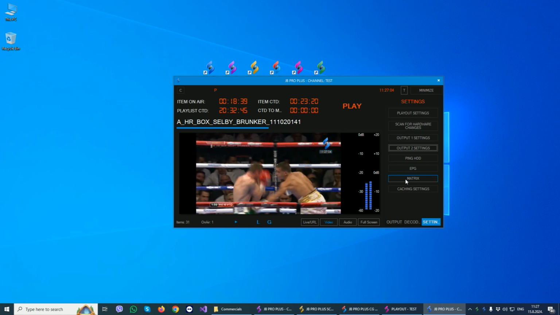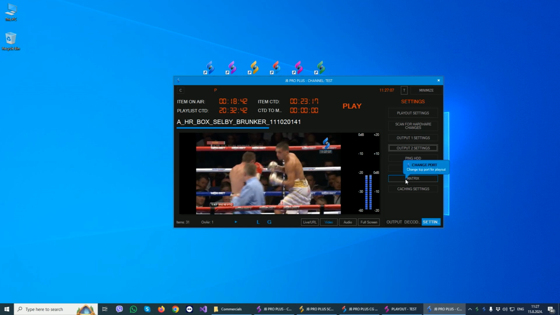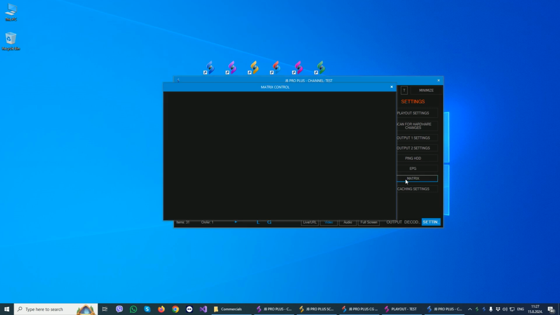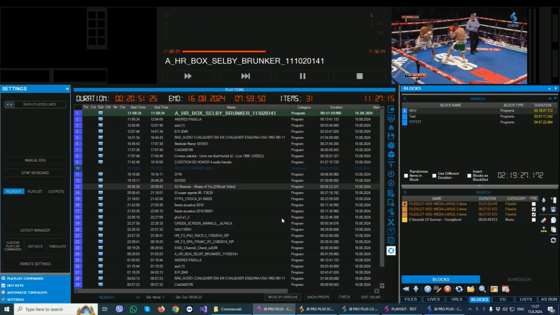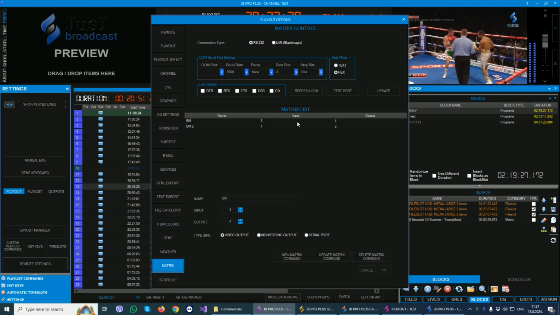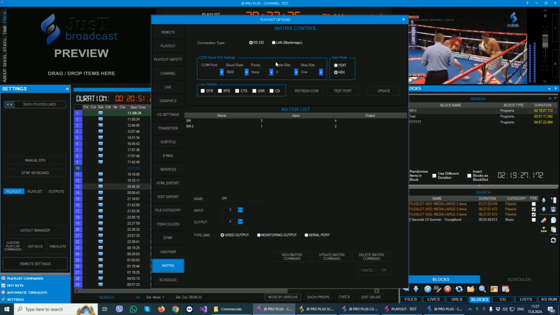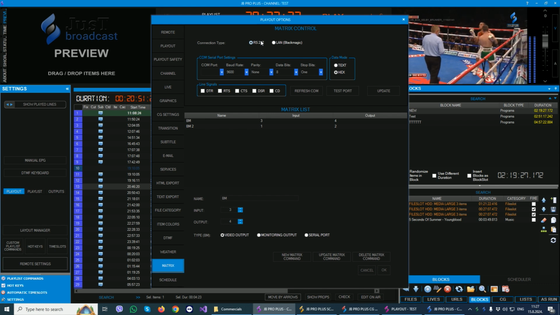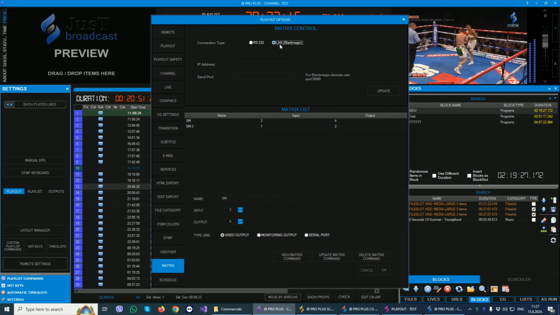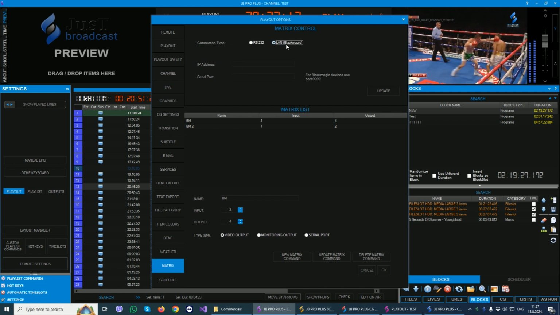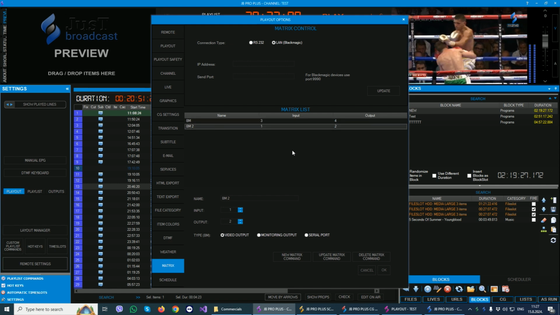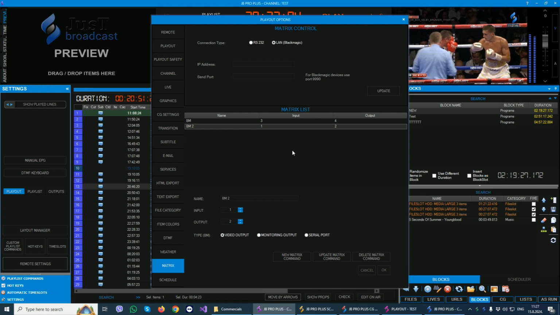Next thing is matrix control. You can use Playout to send a signal to Blackmagic or any other matrix. You set all those settings here in remote control. If you go to remote settings, we have a tab for matrix, and then you can select what kind of matrix you have, with an RS-232 connection or through the network, which is the Blackmagic matrix. Then here you can create your matrix command, to switch from one input to another output,